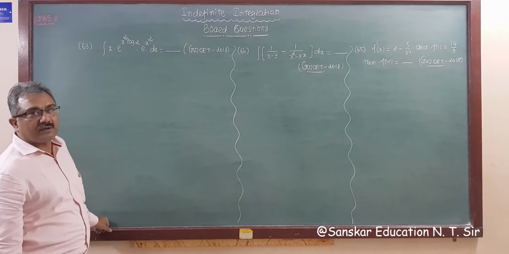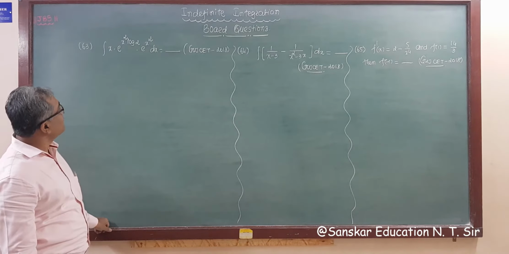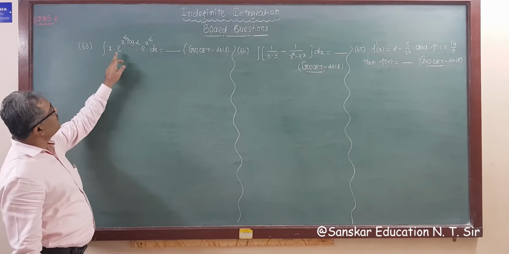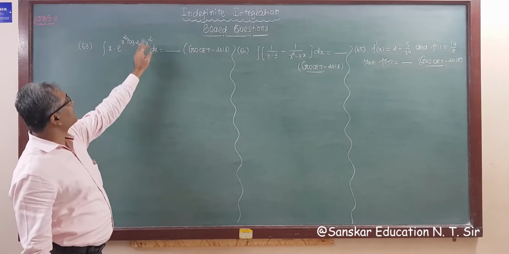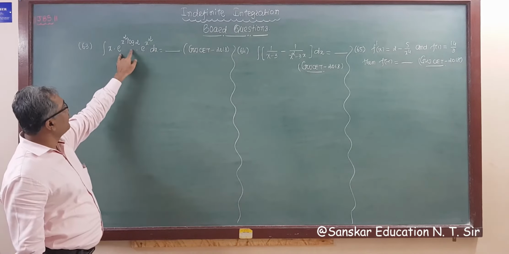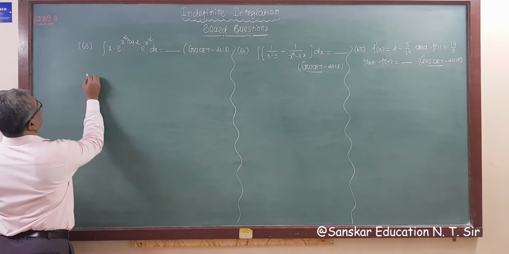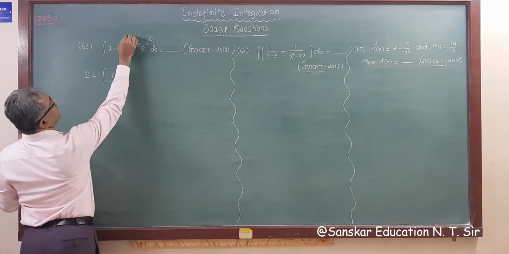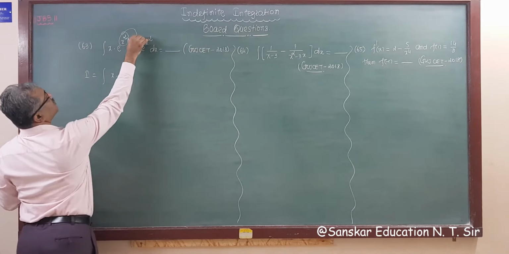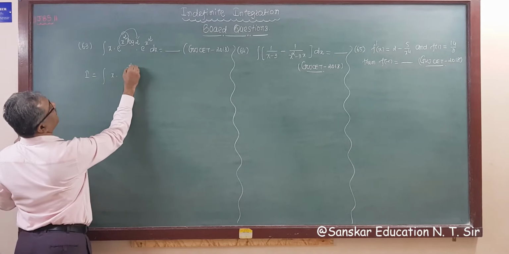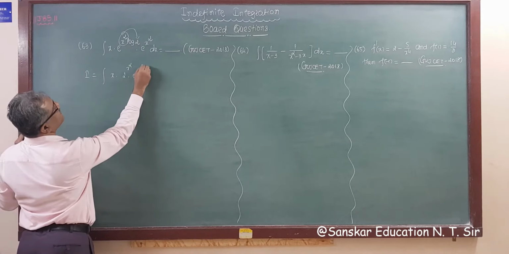So next question is question number 63, Gujarat 2018 question. Integration of x into e raised to x square log 2 e raised to x square. Everywhere x square is there, but before that, we have to change this into this form. I is equal to integration x into this power comes to here, so this becomes 2 raised to x square, and this is e raised to x square dx.